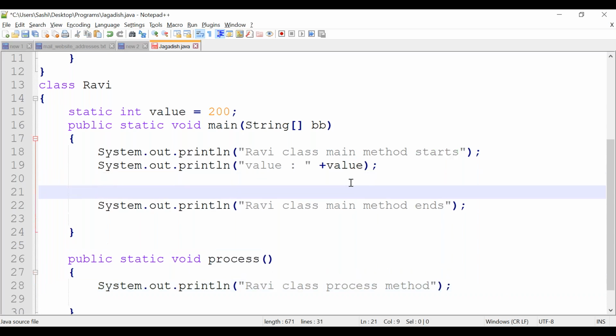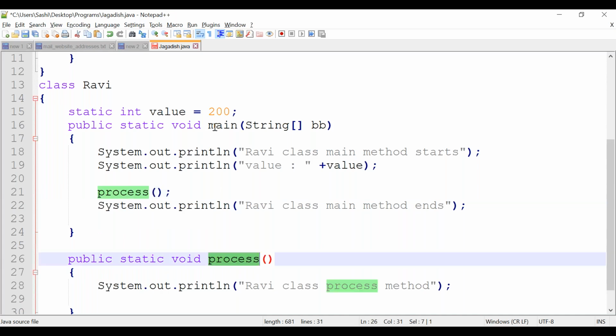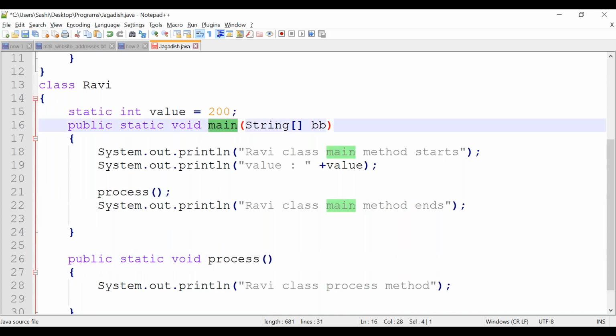So here I can call the process method directly, because the process method is inside the class and the main method is also inside the class. Both the caller and the callee are in the same class, so I can call directly.